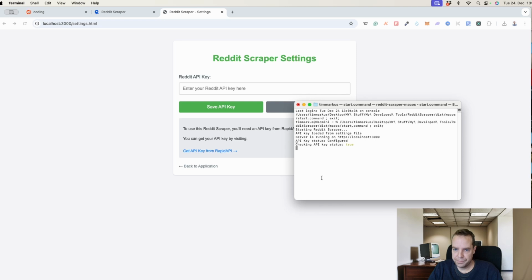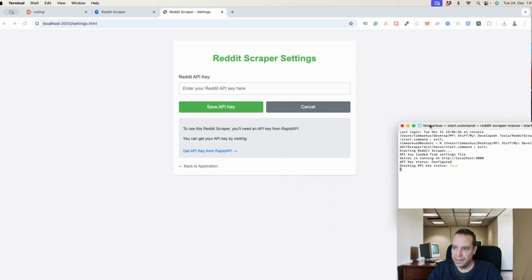You can see here in the terminal window that opened, checking API status is true. You can see we are going with localhost on port 3000. But the file will do everything for you. The same is for Windows. So this is the Mac terminal. And then